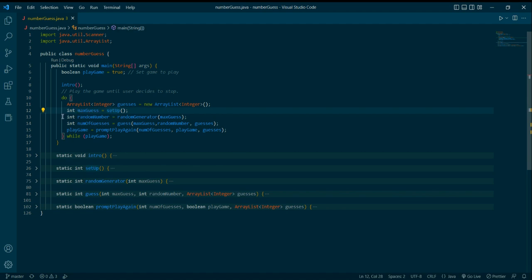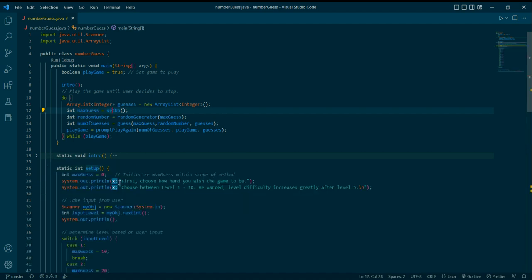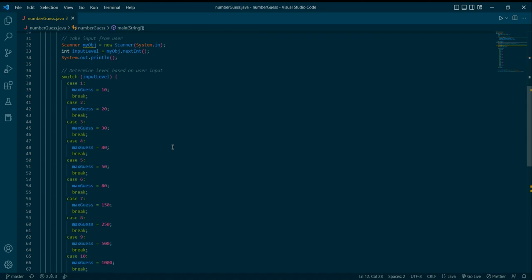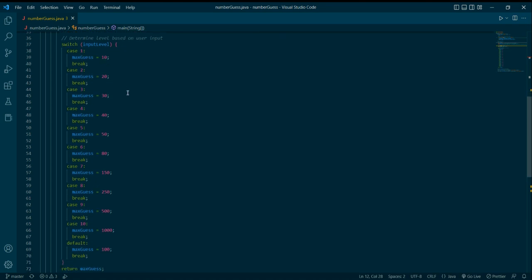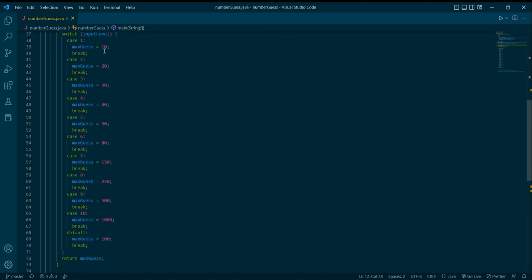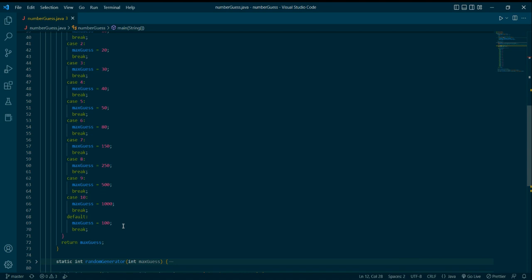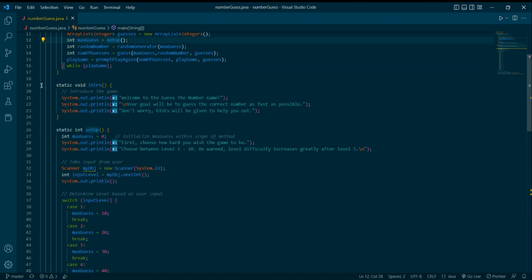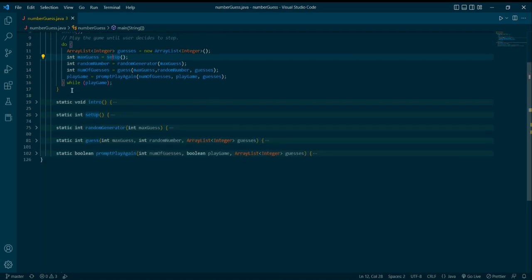First, we're going to go into our setup here. So here's our setup, where we're prompting them for the level, asking for their input, and then using a switch case, determining level 1 is up to value 10, going all the way up to 1,000. In the case of error, it sets the max guess to a nice level of 100, kind of in the middle there. And then that will be returned here to our